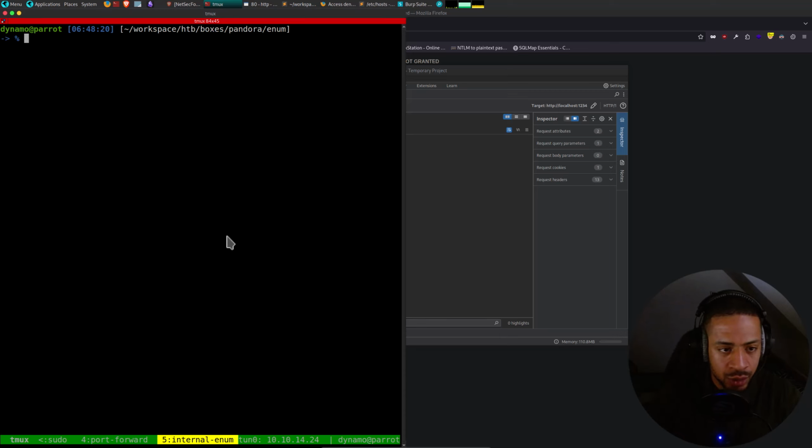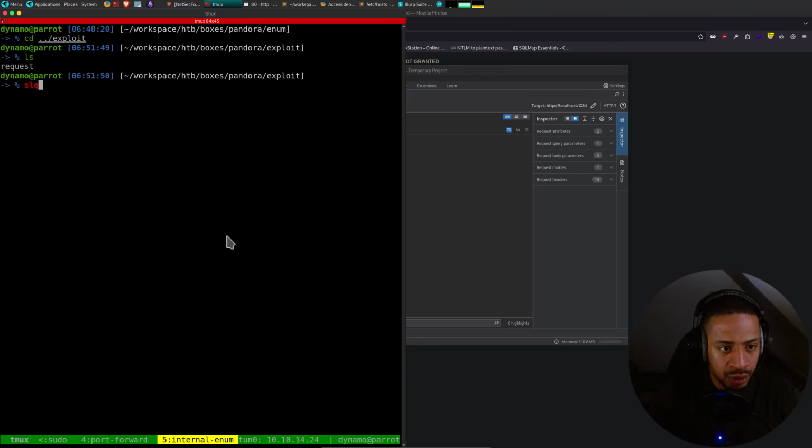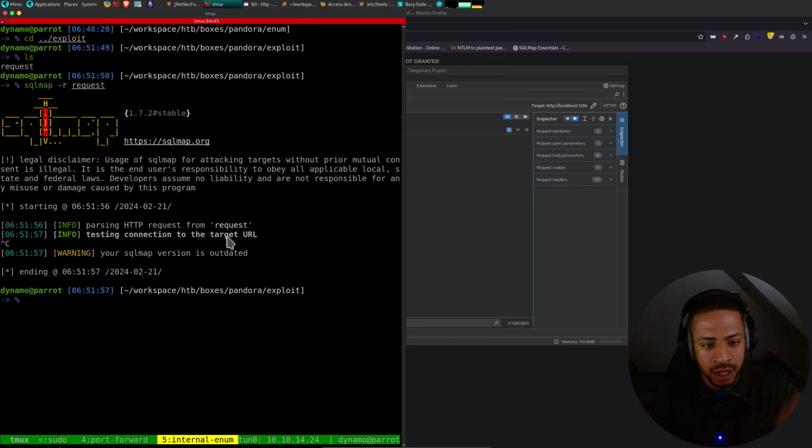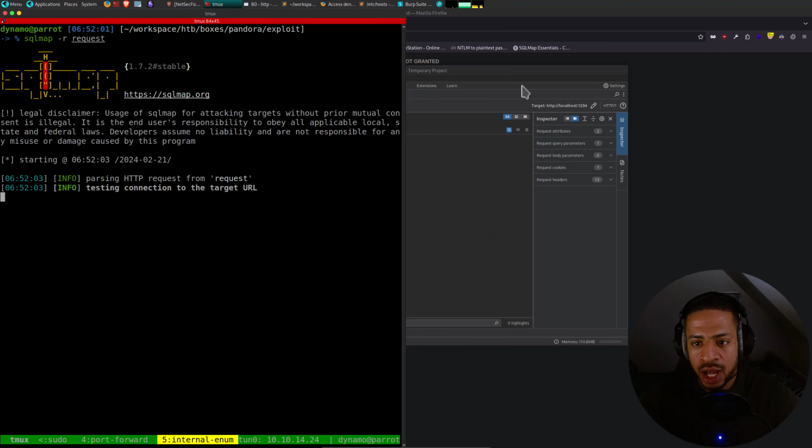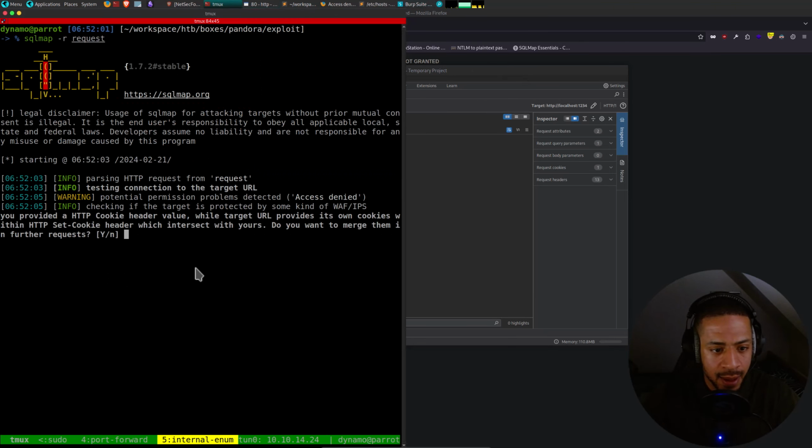And what I could now do is run sqlmap. No, let's go to exploit. I could do sqlmap -r request. And this will then run sqlmap on this request. And let me just do this. And while I run that, it provides cookies.